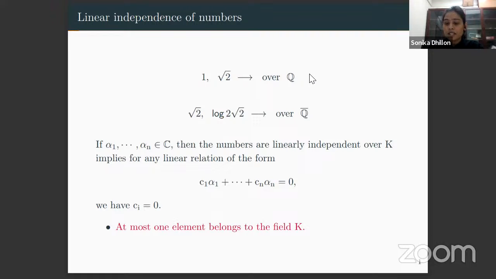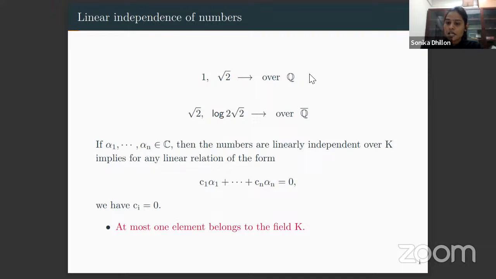But what do we actually mean by that here? Since we are interested in the algebraic or transcendental nature of numbers, before going to the linear independence definition, I'll discuss what we mean by algebraic numbers. Suppose we have a number alpha and we can find a polynomial with rational coefficients such that alpha is a root of that polynomial. Then those numbers are called algebraic numbers, and they form a field called the field of algebraic numbers. The rest of the numbers are called transcendental numbers. In this talk, we are basically interested in finding the arithmetic nature, that is, the algebraic or transcendental nature of numbers.